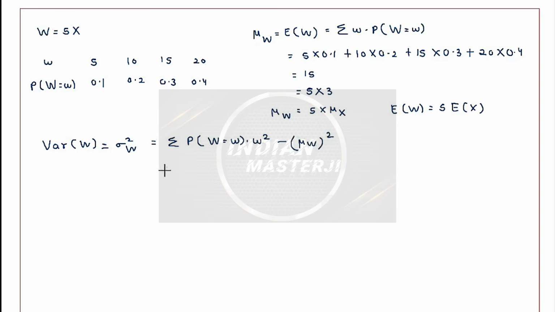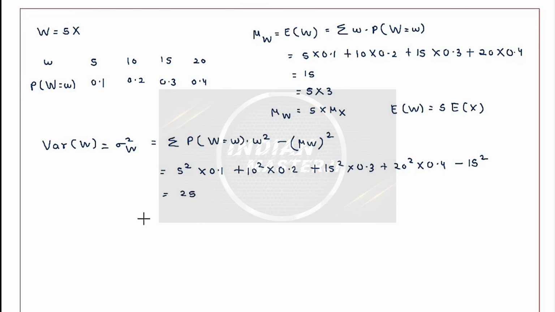So this will be equal to 5 square into 0.1 plus 10 square into 0.2 plus 15 square into 0.3 plus 20 square into 0.4, minus mu of W square. So that is 15 square. So this is equal to what? If I solve this, I get